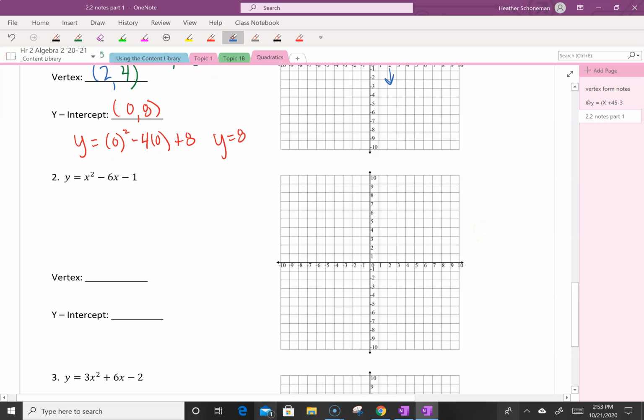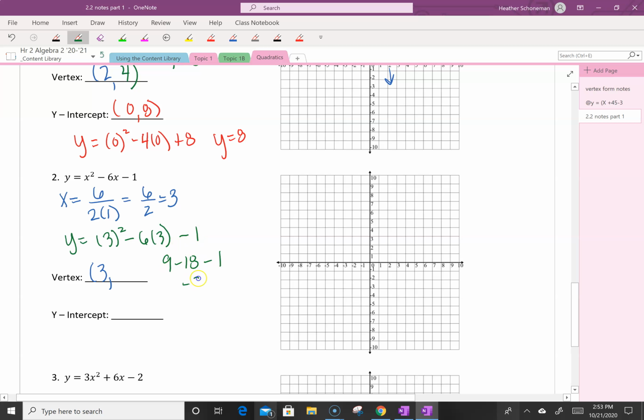Okay, let's try this again on the second one. To find the x-coordinate of my vertex, I take the opposite of b, which is 6, over 2 times a. So I get 6 over 2, which is 3. So now I need to find the y-coordinate. So I'm going to plug in 3. So I have 3 squared minus 6 times 3 minus 1. So that's 9 minus 18 minus 1. So negative 9 minus 1, which would be negative 10. So my vertex is 3, negative 10,